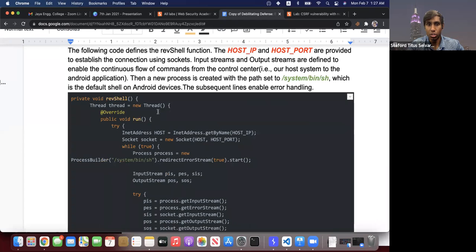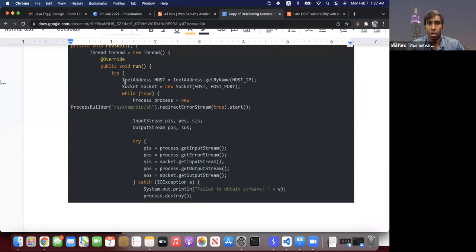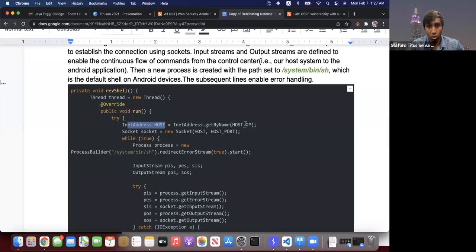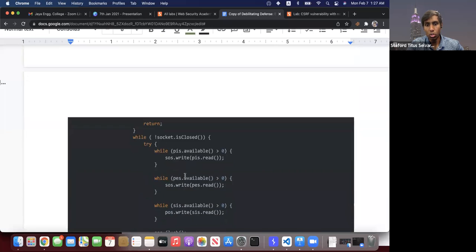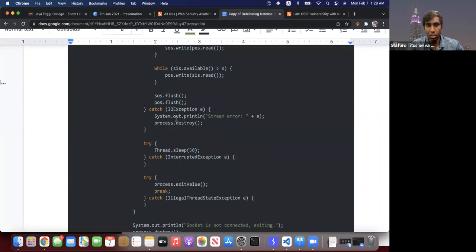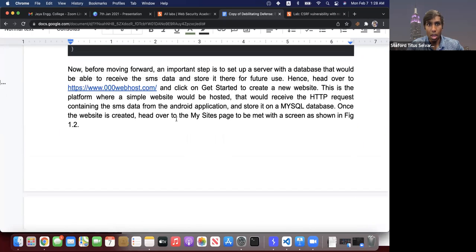So this function, the reverse shell function, we are connecting it with the host address, the host IP as I said, and then the host port. We're creating a socket connection so that we can access the system bin/sh of the phone and provide the tunnel to our server, right? So this way, after we've given all the permissions and the right operations and everything, now this